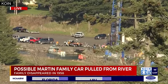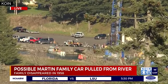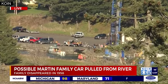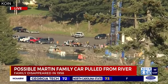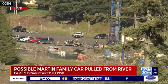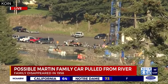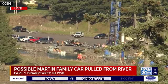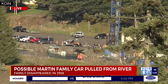the bodies inside. Well, I can tell you from my vantage point, I'm not seeing any full skeletal remains or anything like that, but we just don't know what kind of fragments could be in what's left of this car. And we need to be very, very respectful of that. It's kind of a very somber scene down here, very quiet. Everything's quiet. The crane has stopped working, and